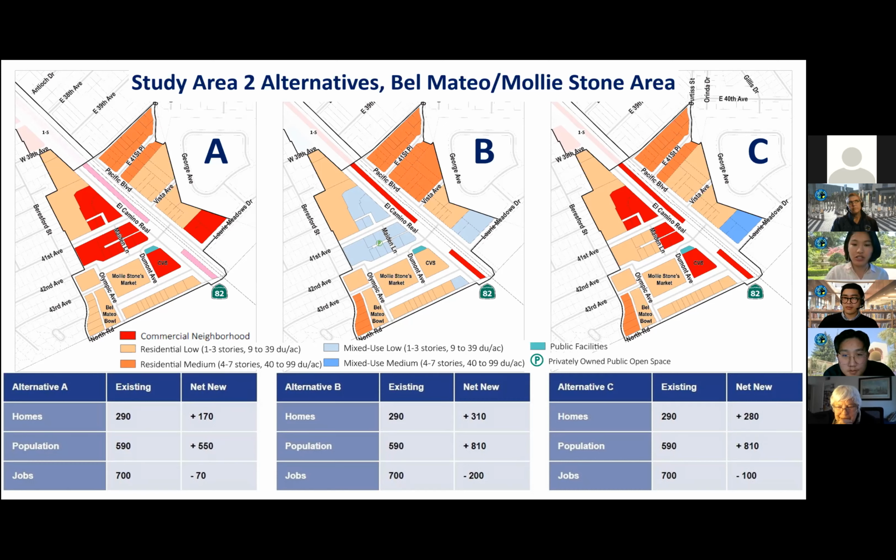So I guess just to provide more context, alternative A, most of the uses are low residential, medium commercial service, a commercial neighborhood east of El Camino Real. And it looks at retaining neighborhood commercial at the city limits. Some highlights for alternative B in the middle. Looks at low residential, medium residential in this area. Mixed use low in the main part of